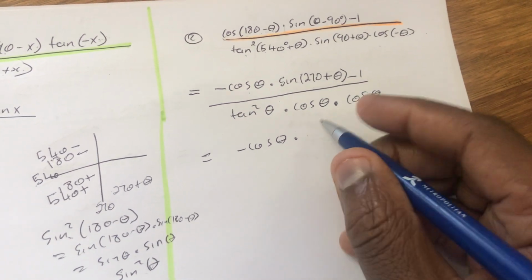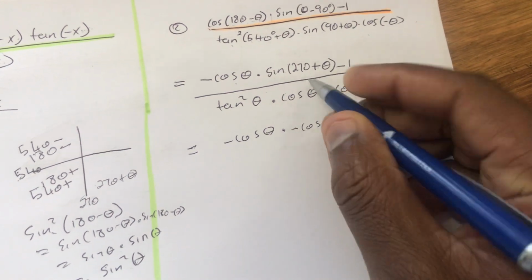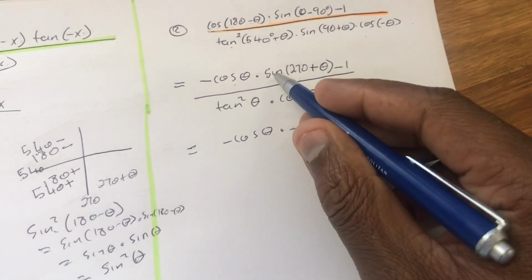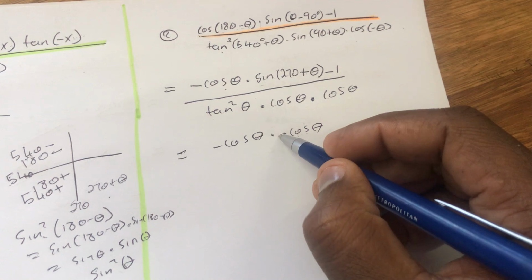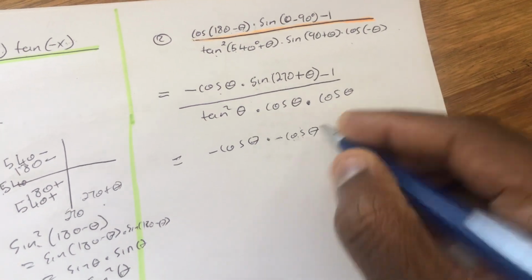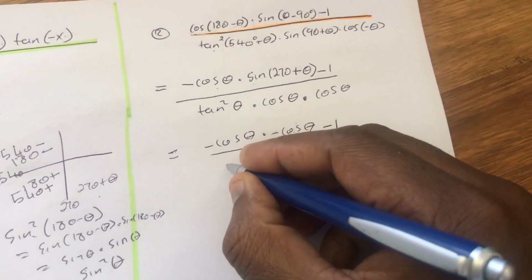It's negative. That's why we're going to have negative cos of theta, because we need to switch this sine into cos, and then sine is negative in the fourth quadrant. So we must first write negative, therefore we switch. Minus 1 divided by the